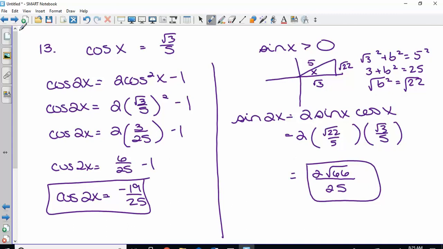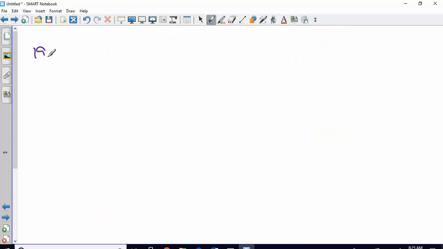So now when we get into the proofs, I really want to stress, guys, you have to write everything out. Because I don't know the difference when I'm grading your test of you doing it in your head and getting the answer, or you just knowing that's supposed to be the answer and writing it down. Okay, so you have to show me every step of how you got there. If you're doing it in your head, you have to write down what you did in your head. So on problem 19,